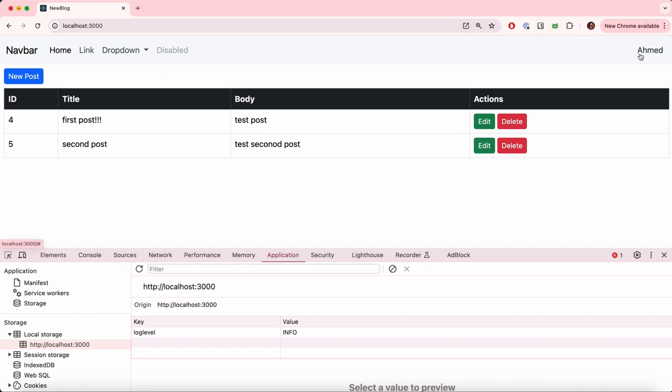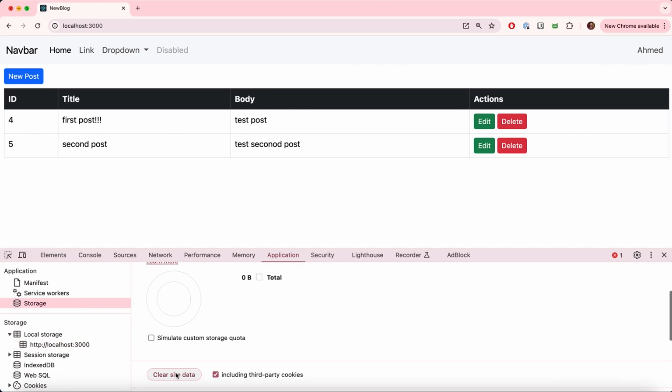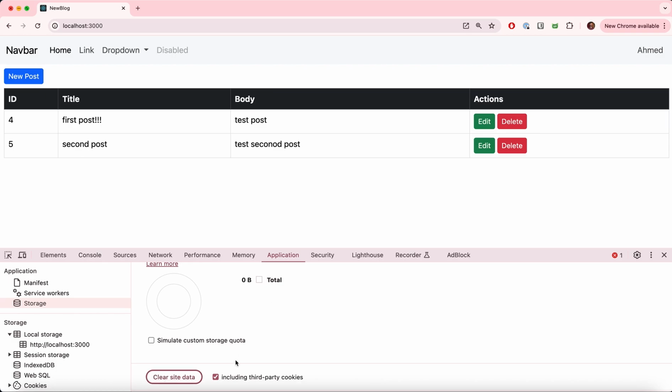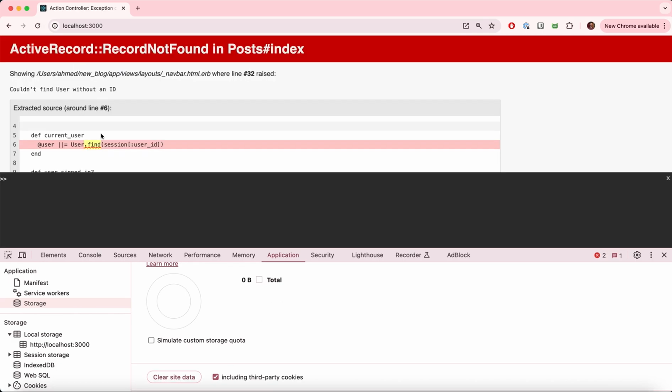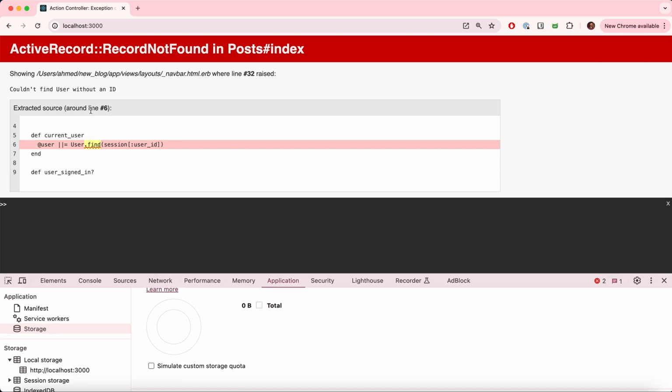it returned Ahmed there because the user is logged in. Let's clear our application. Let's refresh. Okay, so currently no user is logged in. It is saying that